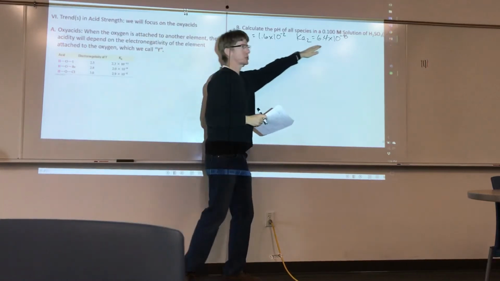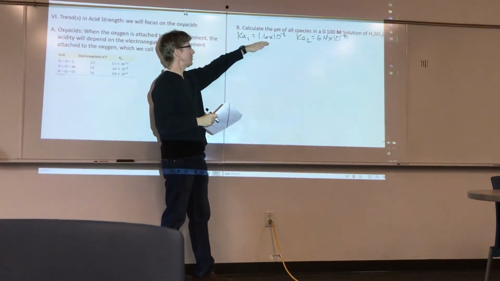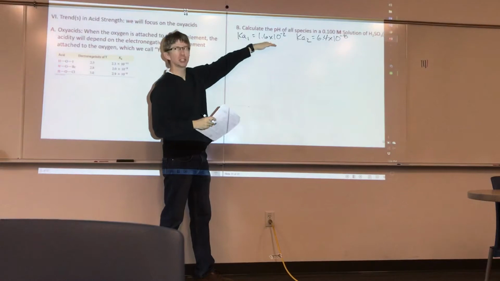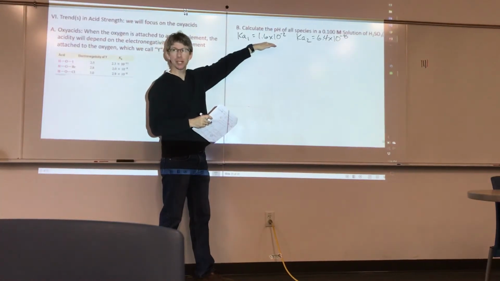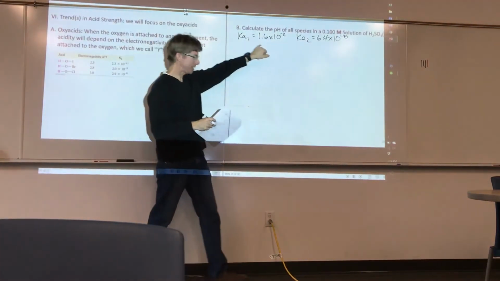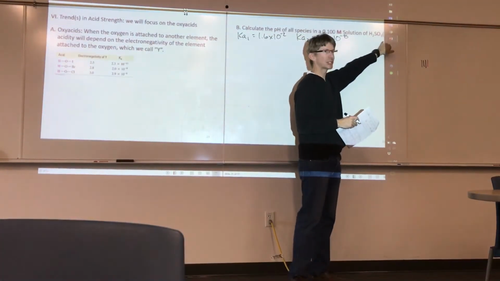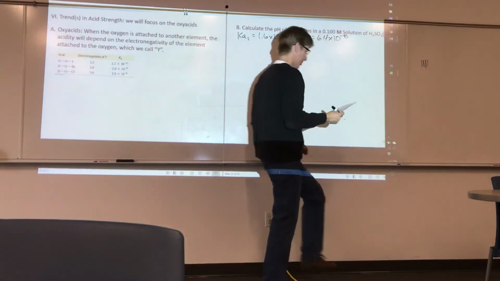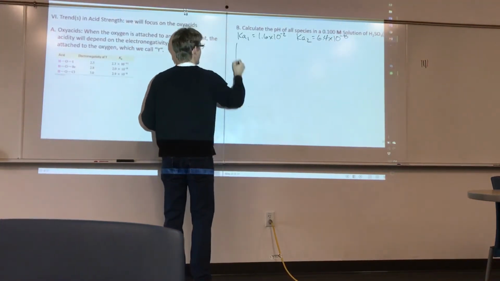And it's sort of inherent to everything we're doing that you always deal with the largest value of K, the equilibrium constant, first. Well, it also helps that this is the Ka for H2SO3, and so of course you have to use it first. Let's set up an ice table around that